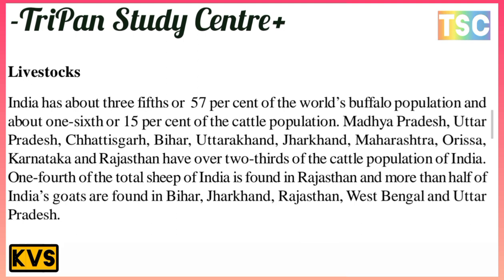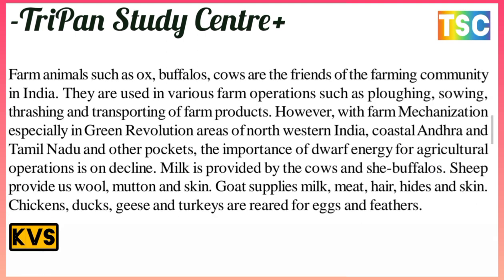Livestock is the most important point here. And also, the farm animals such as ox, buffalo and cow are friends of the farming community. In India, they are used in various forms of operations such as ploughing, sowing, threshing and transporting of farm products. However, with farm mechanisation, especially in the Green Revolution areas of north-western India, the coastal Andhra and Tamil Nadu and other pockets,